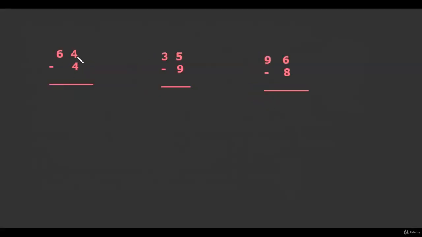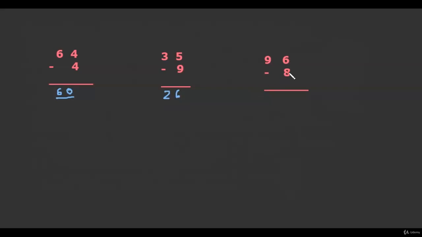Now whenever the two numbers are the same, because it's possible for us to subtract 4 from 4, they are called matched numbers. So if these are matched numbers, we will not reduce 6 by 1, it becomes 6. 4 subtracted from 4 gives us 0. In this case, 5 and 9 are mismatched numbers. So instead of writing 3 over here, we will write 2. And complement of 9 is 1. That is added to 5 gives us 6.